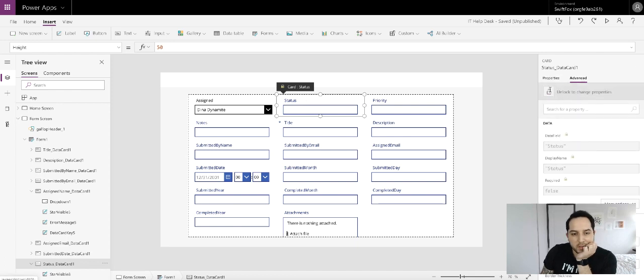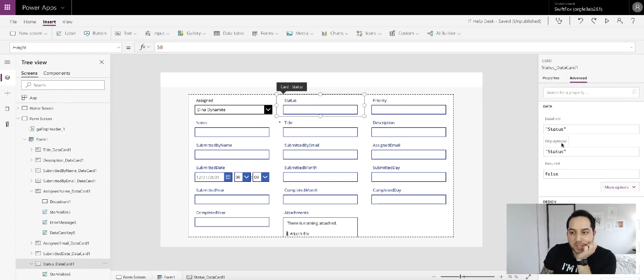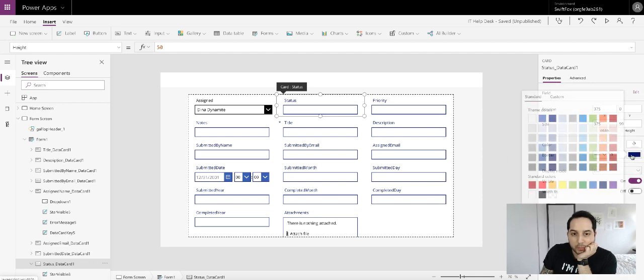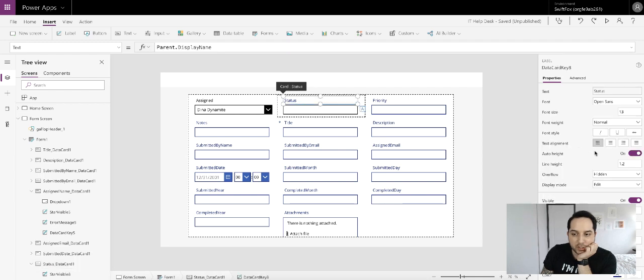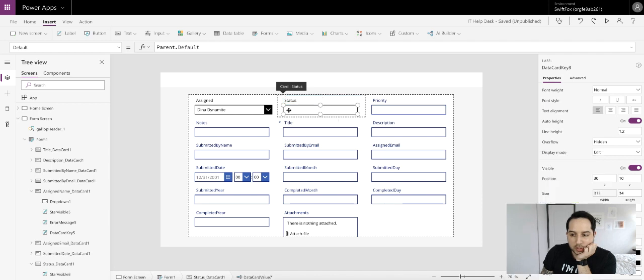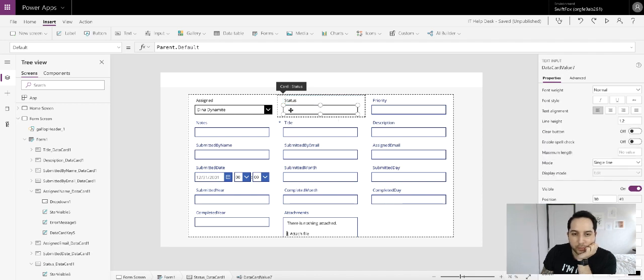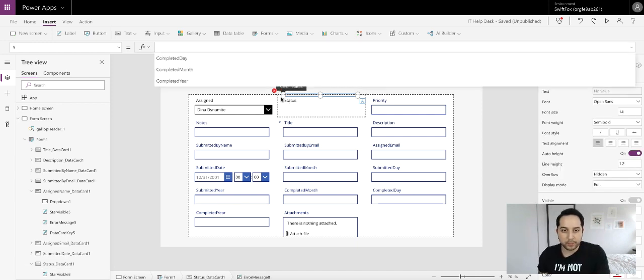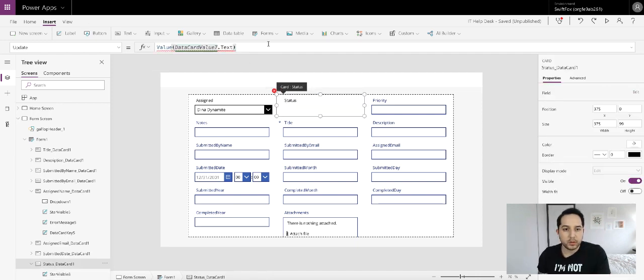So now I've assigned status, same situation where this is a number column, but I'm going to want to make it a drop down. So let me just clean this up, make these black. I'm going to remove this guy, clear these. Whenever you have any kind of